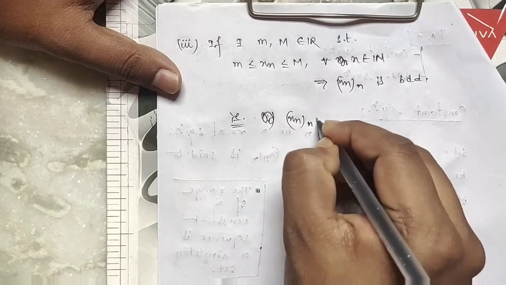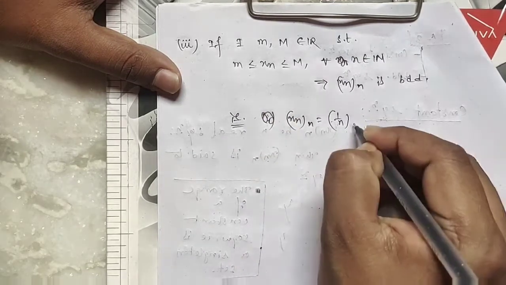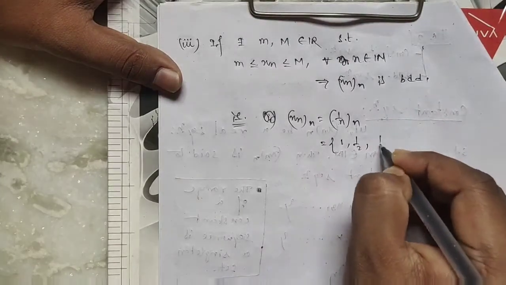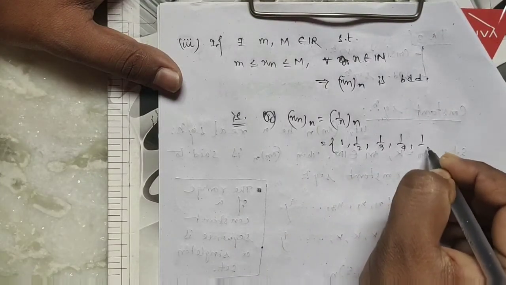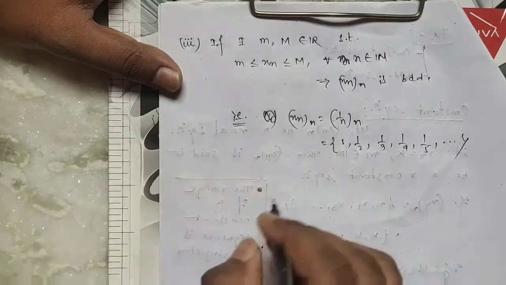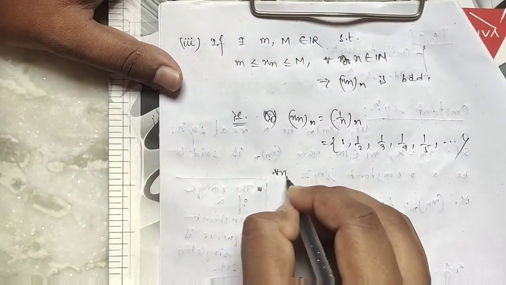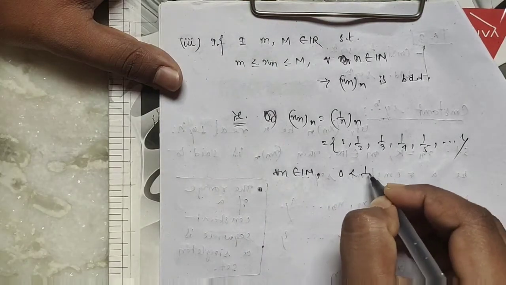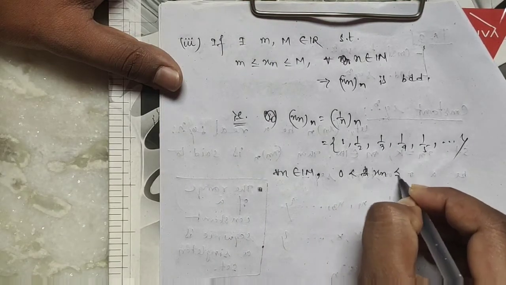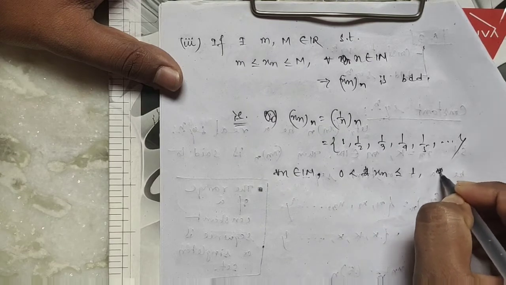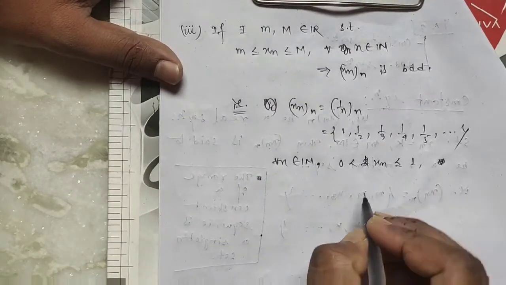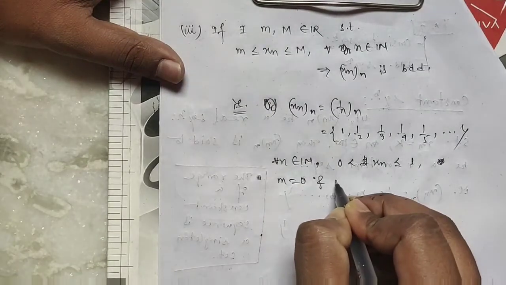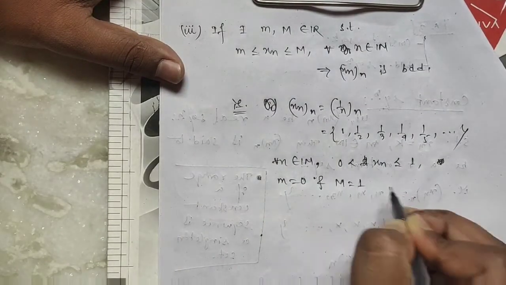For example, if we take xn equal to 1 by n, that is 1, 1 half, 1 by 3, 1 by 4, 1 by 5 and so on, then for all n belongs to natural number, 0 less than xn less than or equal to 1. So we take m equal to 0 and M equal to 1,